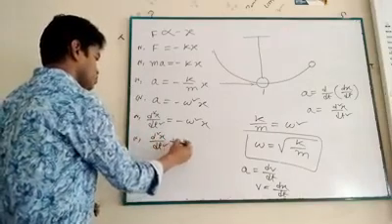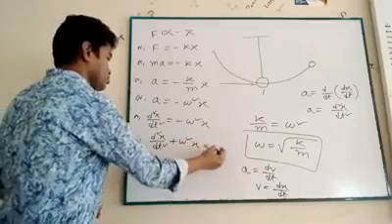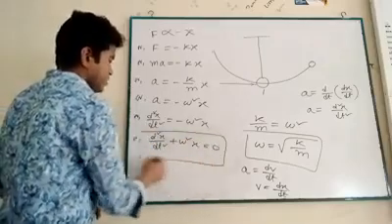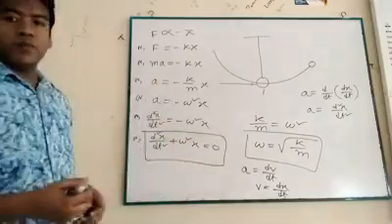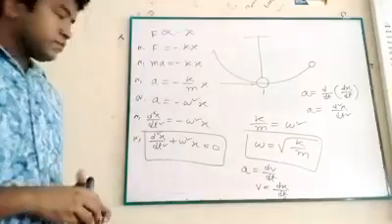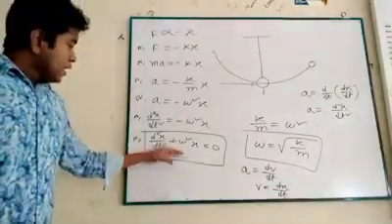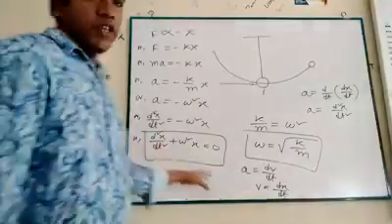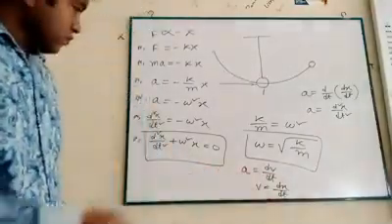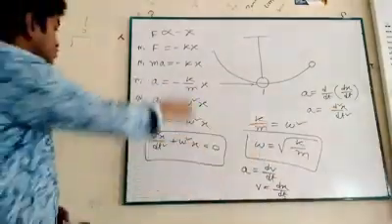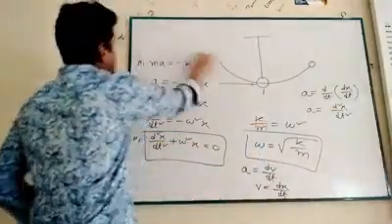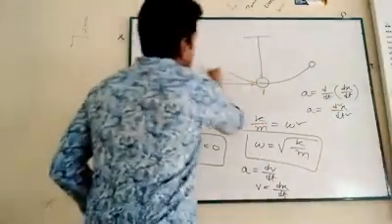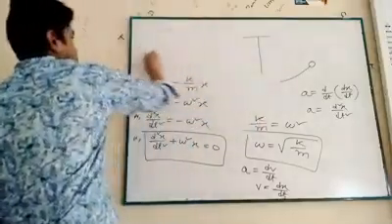d²x/dt² + ω²x = 0. It's a differential equation of simple harmonic motion. And now we have to solve this equation. If I want to solve this equation, we have to